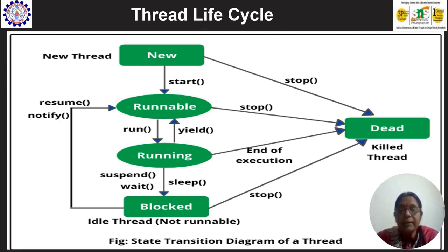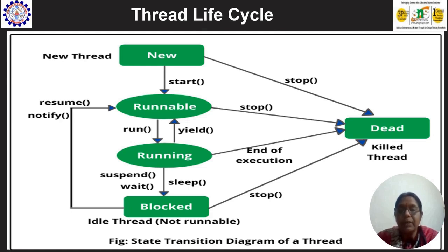The created thread now has to go to the running state. In order to move a thread to a running state, we use the Runnable interface or the Thread class, using which we can start the thread. We have a method called the start method, which gets the thread to start